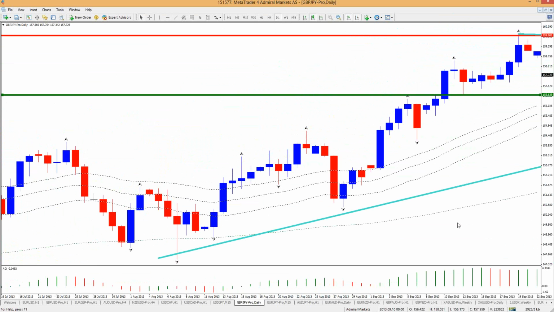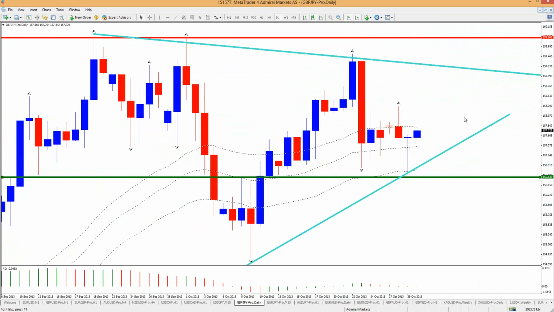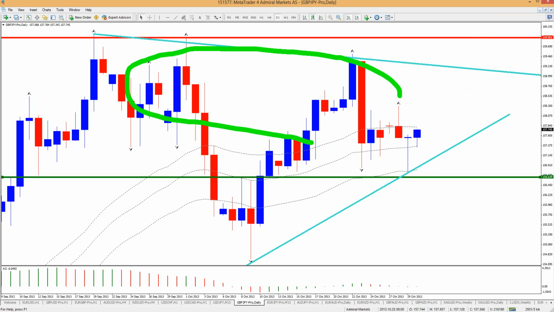Yesterday was a bit of a pin bar here. So let's see, maybe we can see a bounce just like with the dollar yen to the upside and continue. Let's see. It's too early to tell, but quite choppy price action above a broken top. That could be a sign of continuation if we do break.